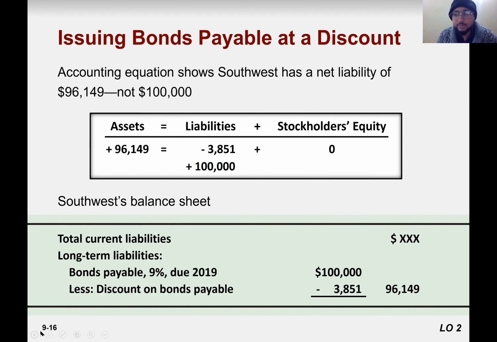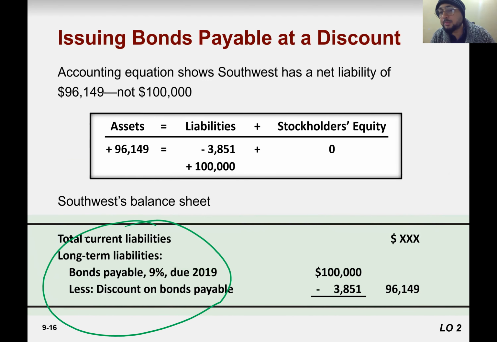In the next lecture. So let's just talk about the treatment of discount. It is shown on the balance sheet as bonds payable less discount. So you write down the complete value, that's the discount value, and the difference here would be the bond value, the bond price. Here we go.